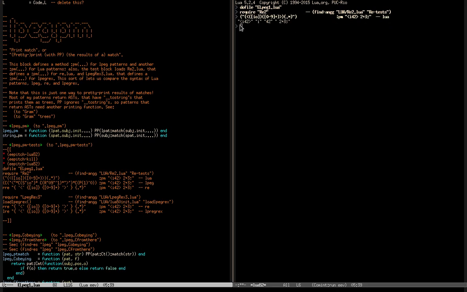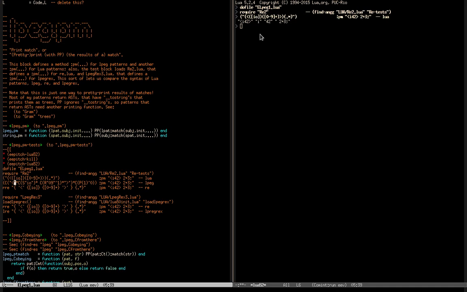I'm going to call each one of these results captures. Each of these things between parentheses captures a substring of the original string, and these captured substrings are returned in a certain order.